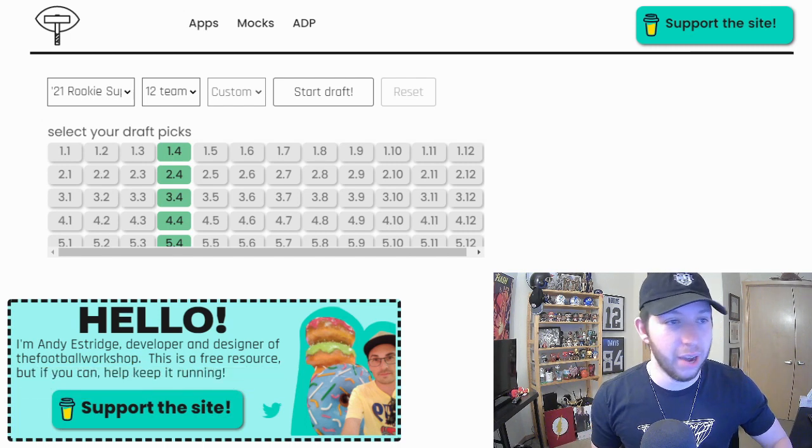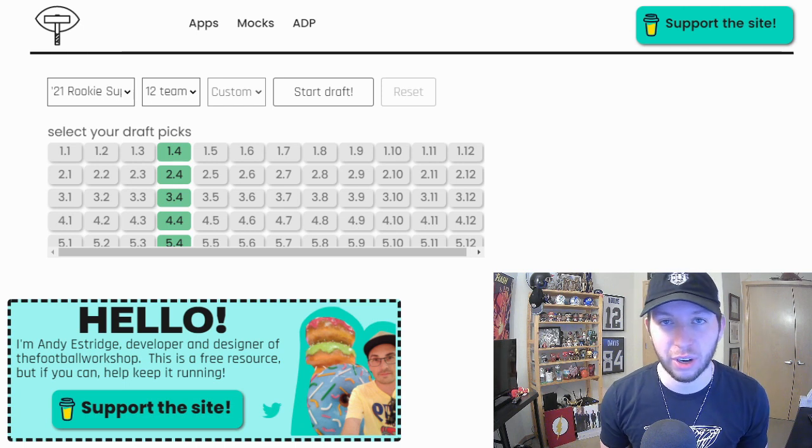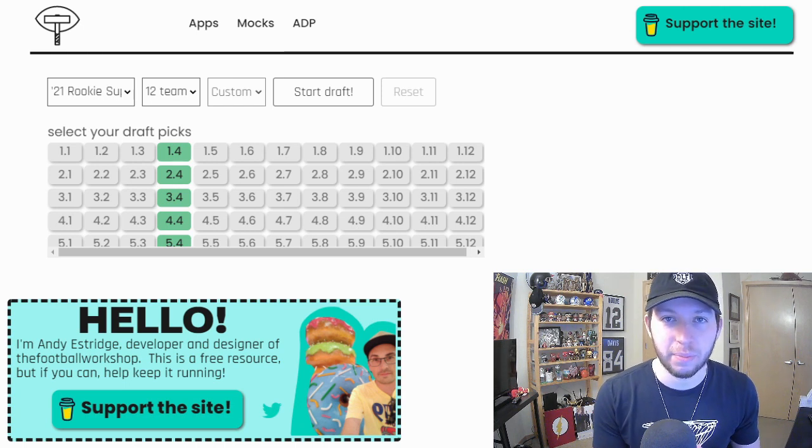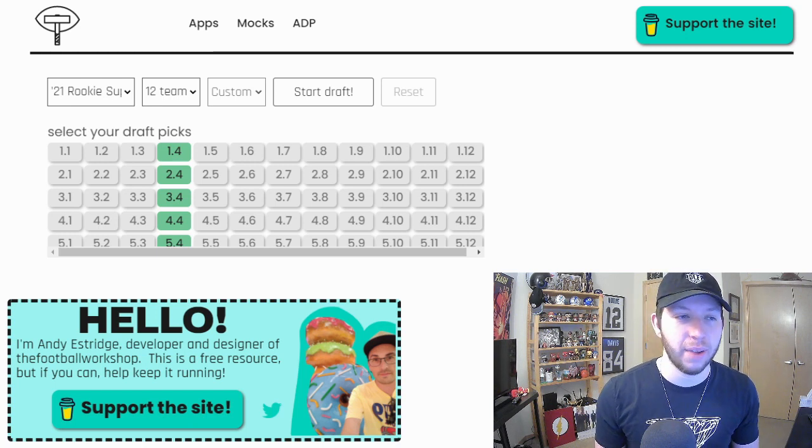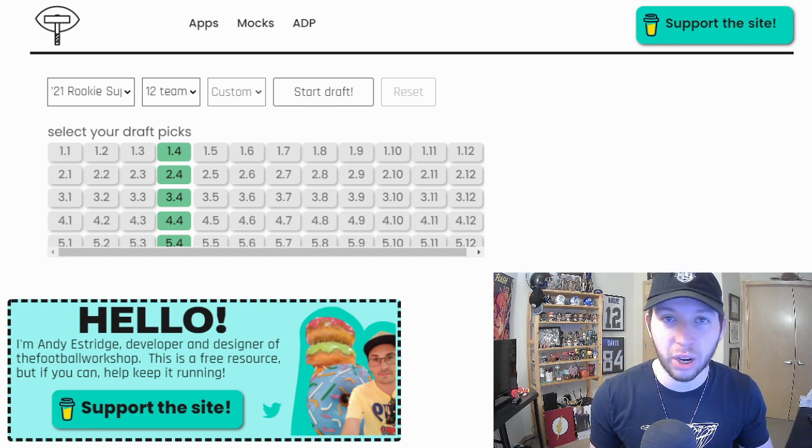So from now until the foreseeable future on Tuesdays, like it has been pre-draft, will continue to be mock drafts for rookie drafts, and then we'll eventually get into startups as well to kind of mix it up, maybe do a couple of them a week as well. But today, at least initially, because the NFL draft just wrapped up, we're going to do a 12-team 2021 Superflex